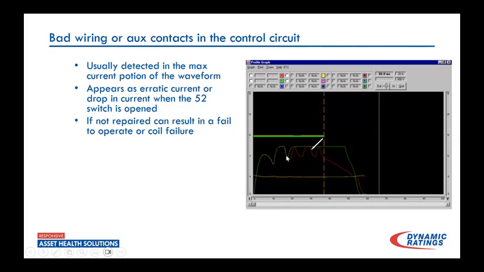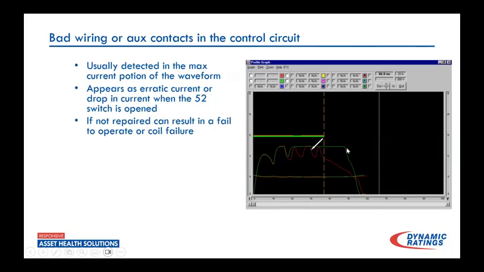However, once we get into there, we start seeing this erratic signature, this up and down, and then the big telltale of this. And this could be wiring. It could also be a corroded auxiliary contact that's sticking a little bit or just not making good contact. But we see this kind of tapers off in the red line. We don't see this nice clean cut of current through the coil like we would expect to see